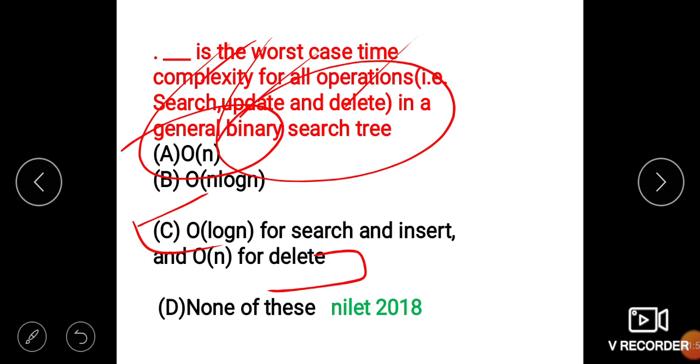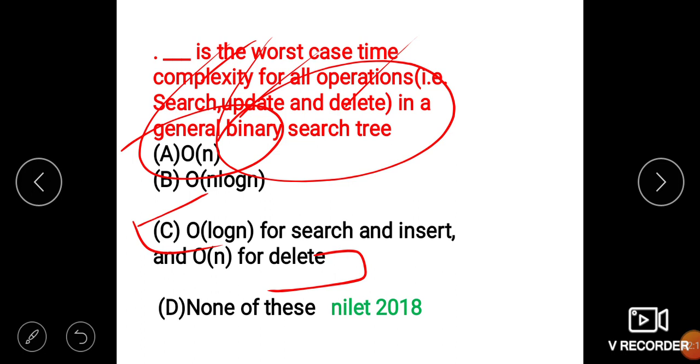Suppose the elements are not in sorted order, it will take O(n) time in the worst case. The question does not mention whether the elements are sorted or unsorted, so we have to take the worst case time complexity, and for unsorted elements all operations will take O(n) time.